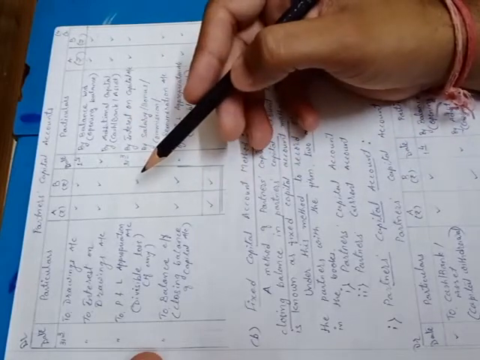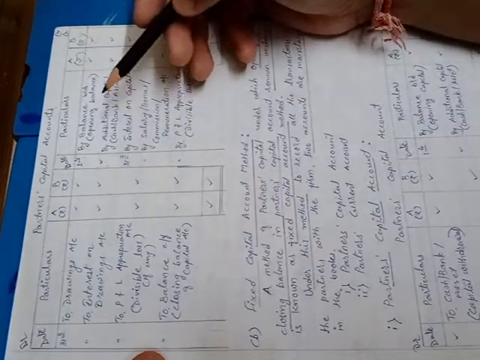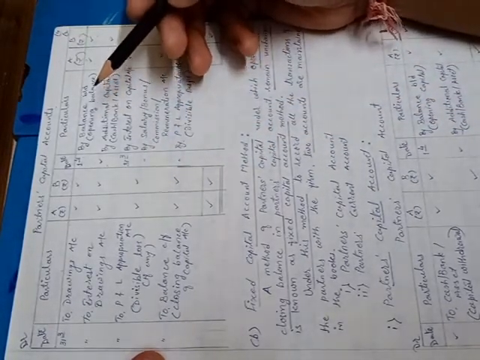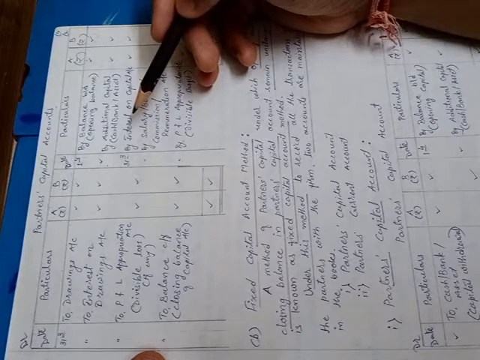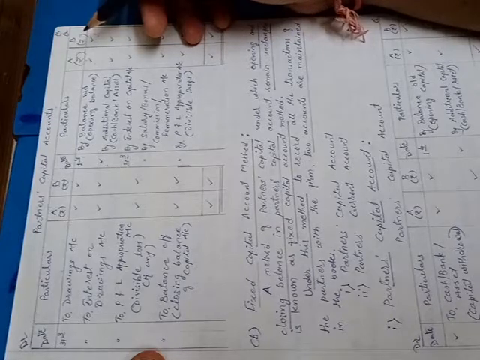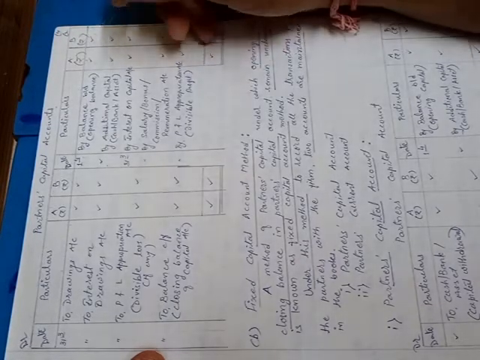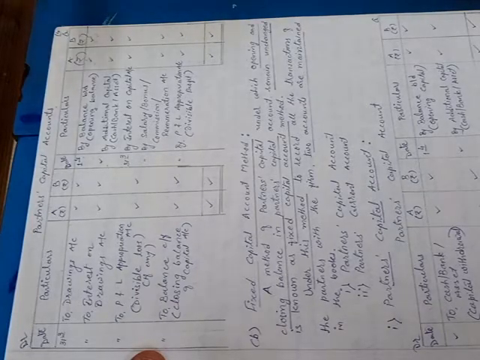Now comes the transactions, that is different adjustments which are to be recorded at the end of the year only, like interest on capital. Yesterday we discussed that the firm has to pay interest on capital to the partner on his capital invested by him in the firm. So interest on capital for the firm is an expenditure. When you record an expenditure in a journal entry, expenses and losses are always debited. So interest on capital account is debited. Now the firm is not going to pay this amount in cash because it is payable to a partner. So the firm is going to adjust it to the partner's capital account. Due to that, the partner's capital will increase because the partner is going to receive this income from the firm.